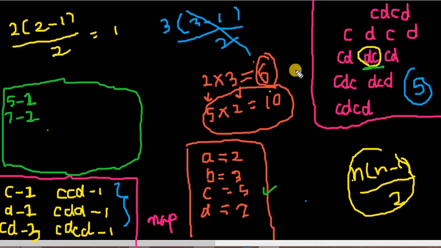So these values are increased, and for CD, we'll multiply the values of the characters. So CD will become 35. For 35, we'll increment our frequency by 1. Again DC, so 7 into 5, that is 35, will increment it to 2. And the last CD, again 35, will increment here as well.